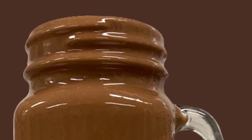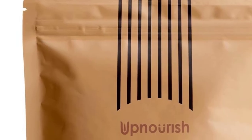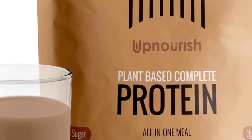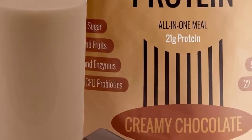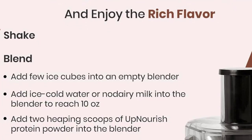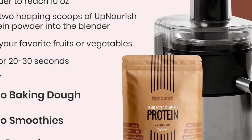Now, some users did mention it can be a bit clumpy if not mixed well. But honestly, with a good blender, you can whip this up and it tastes like a treat rather than a chore. This is perfect for you if you want a nutrient-dense shake that supports a plant-based ketogenic diet. Skip this if you're looking for a quick grab-and-go option, but it's a great choice for those who enjoy a bit of blending. Now, if you're into collagen and want some added benefits, the next product is going to catch